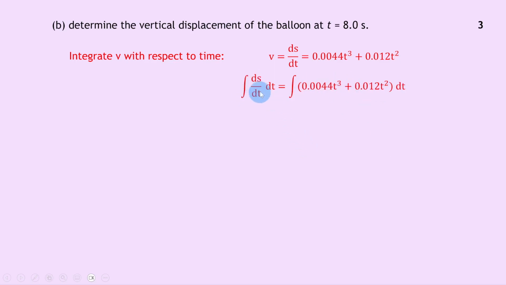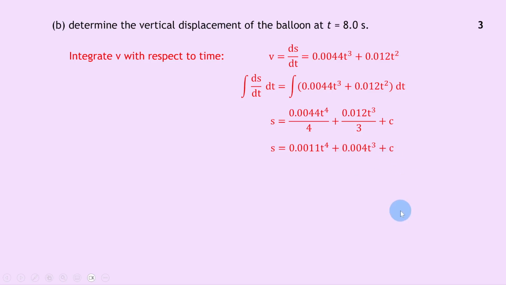Well, on the left hand side, remember integrating velocity with respect to time will give us displacement s. So we could write that s is equal to 0.0044 t to the 4 divided by 4, because remember to integrate we raise the power by 1 and divide by the new power. So we have this t to the 4 divided by 4 plus 0.012 t cubed divided by 3, where we're raising that power by 1 and dividing by the new power, plus the constant c. And then we can simplify these fractions to make it look a bit nicer. So you can do that in your calculator to get s equals 0.0011 t to the 4 plus 0.004 t